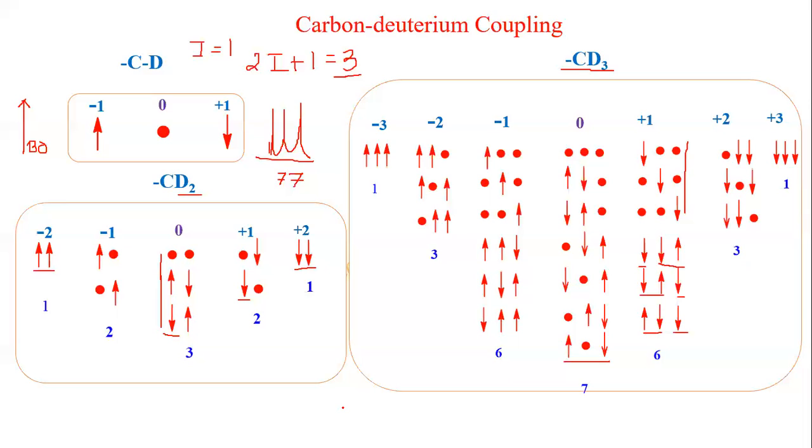So this is how the carbon-deuterium coupling will show different signal intensities than the proton signal intensities. Let us stop here, and in the next lecture we'll see the